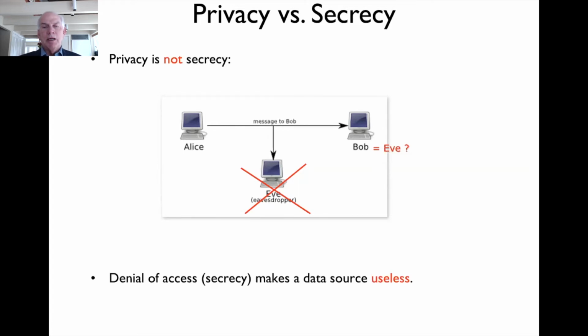So you can think about, in privacy, there not being an eavesdropper. There's a legitimate receiver for some parts of the message, but also with regard to other parts of the message, that receiver is in fact an eavesdropper. Okay, so it's a little different kind of thing. So denial of service is not what we want to do here. We'd rather try to achieve some kind of trade-off between revealing information and keeping other information private.